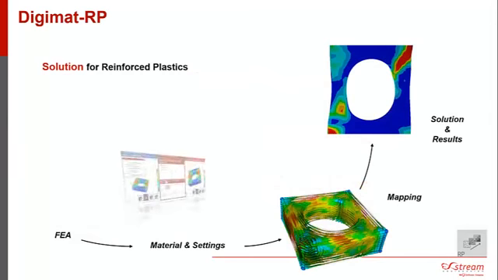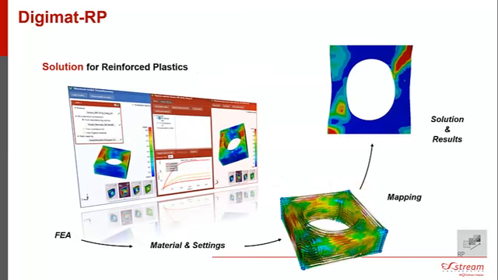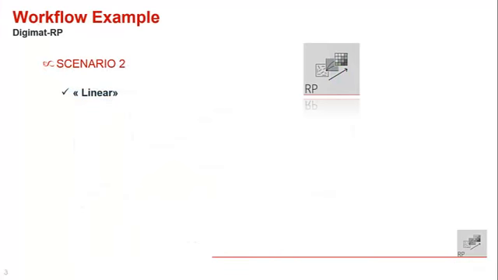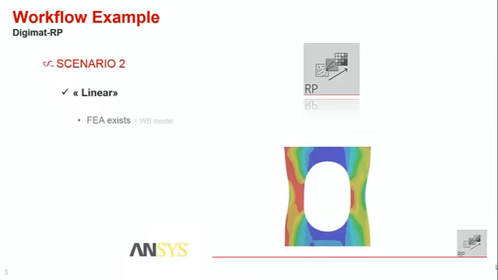RP is a GUI environment that allows you to load in some FE analysis, associate a micromechanical model to that analysis, choose a solution engine, map local microstructure onto the structural mesh, launch the integrative simulation, and take a look at the results. In the scenario that I brought today, I call it the linear scenario, we assume that an FEA